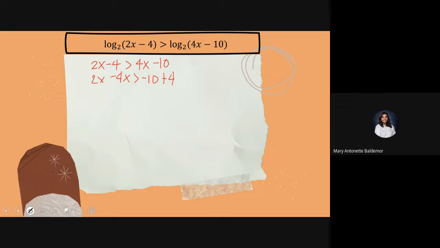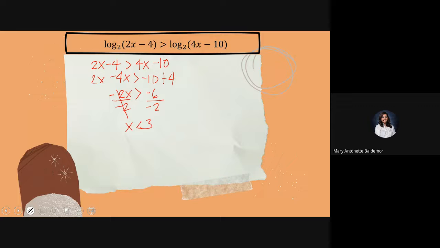Okay, so solving 2x minus 4x is negative 2x greater than negative 10 plus 4 is negative 6. Dividing both sides by negative 2. Take note that we have to change the sign since we are dividing by negative 2 on both sides. So cancel this out. X less than negative 6 divided by negative 2 is